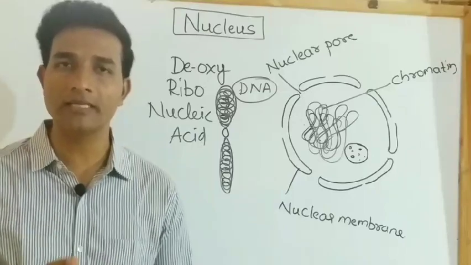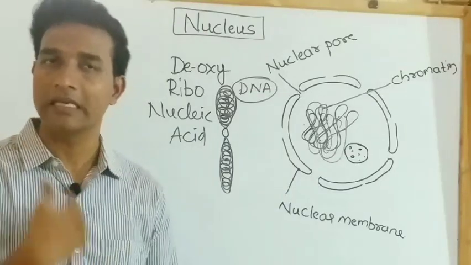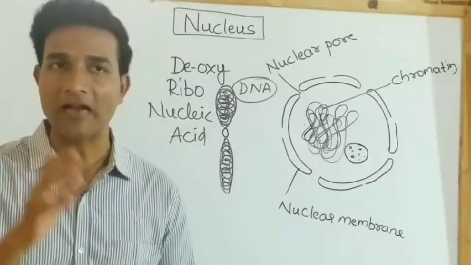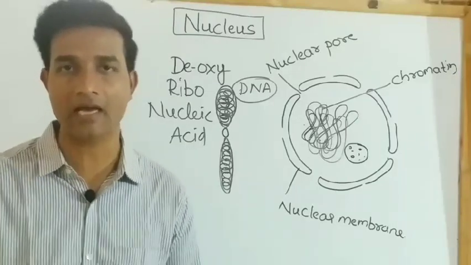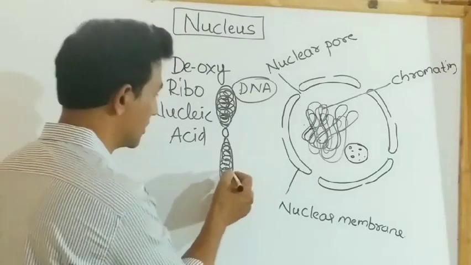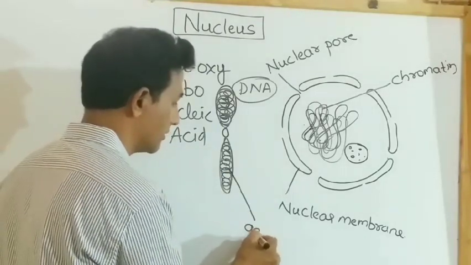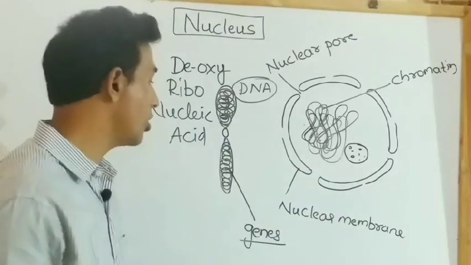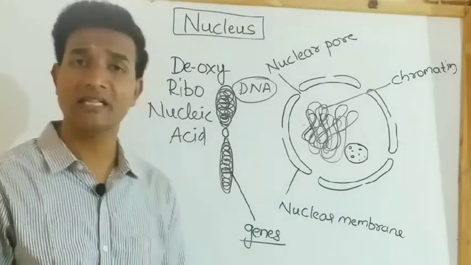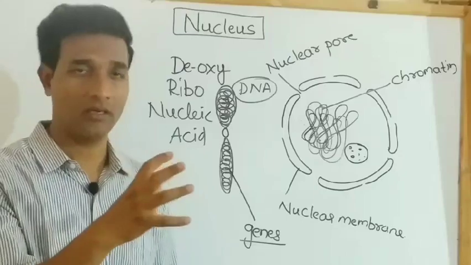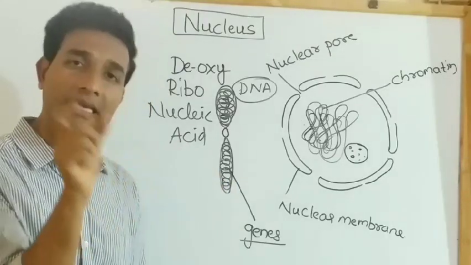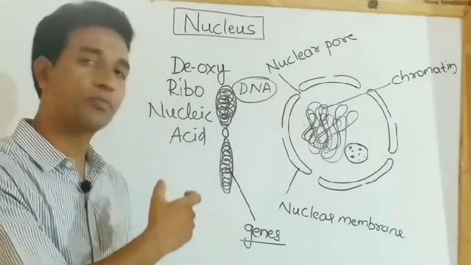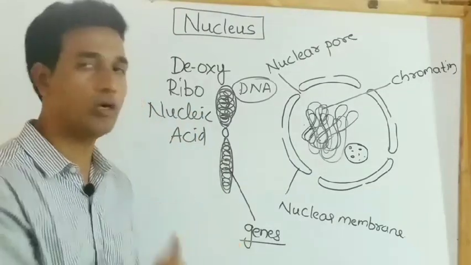DNA molecules contain the information necessary for constructing the cells as well as organizing the cells. The functional segments of the DNA are called genes. So here, the functional part of the DNA is called a gene. A gene is nothing but a character. So DNA contains a functional part, a small part of DNA which expresses a character, and it is called a gene.